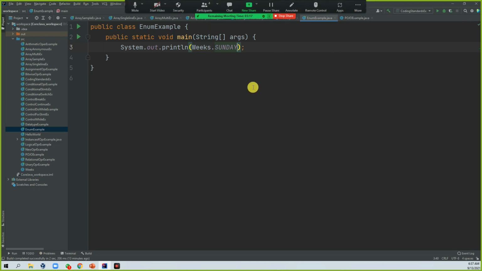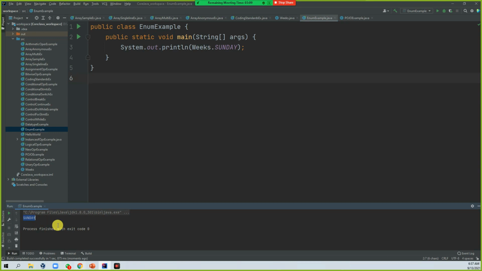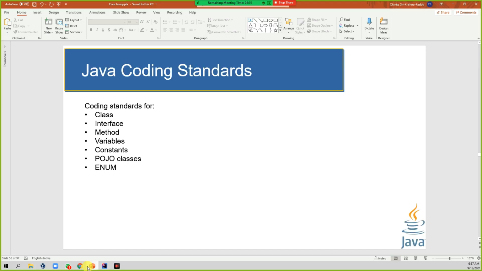If you run this, I can see the result. This is enum related, and this is the way you can easily understand the approach. This particular one is related to the enum, and this is the internal value for it. This is the way of writing Java coding standards so that they are easily understood. So that is about the coding standards overall.